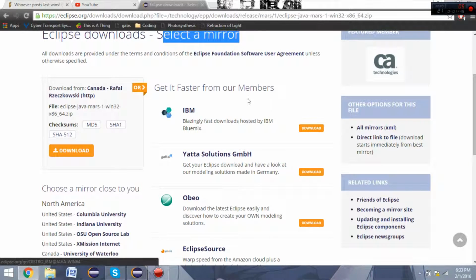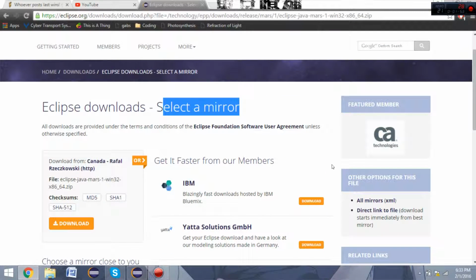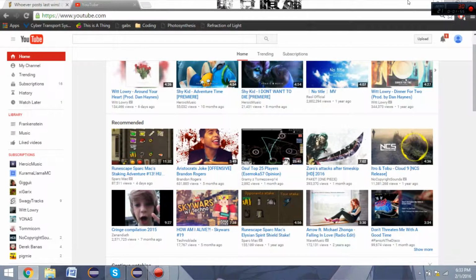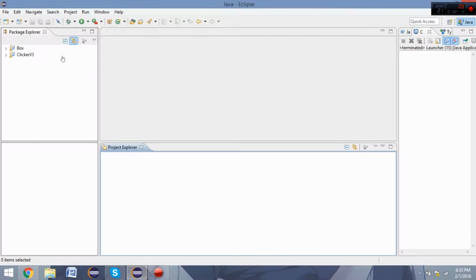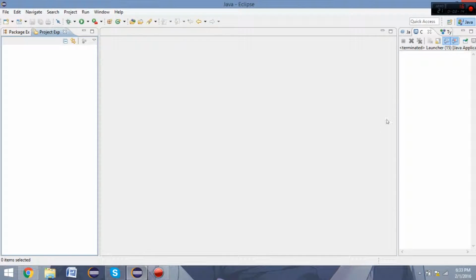Yeah, just get Eclipse. So once you have Eclipse downloaded and installed, I already have it, so I'll just put that away. Here we go. We have our Eclipse right here. Now, your Eclipse might look different than mine. If it does, all these things are tabbed. You can move them around and play around with them,